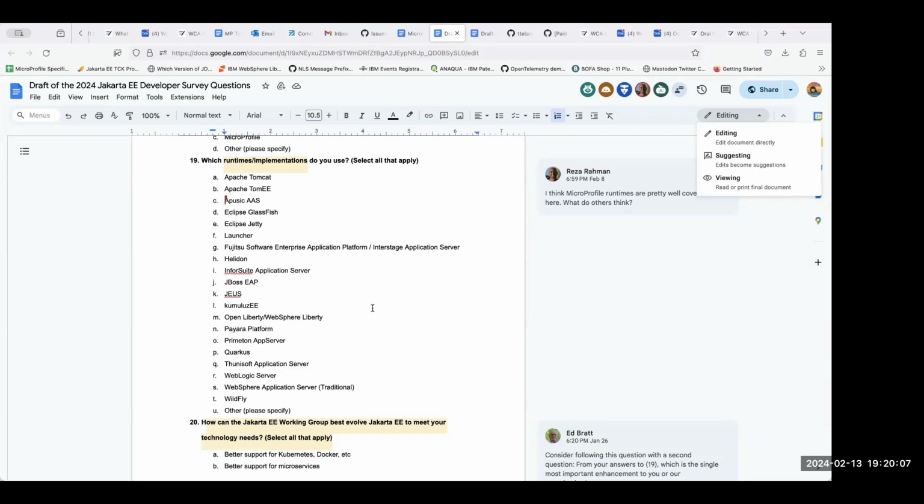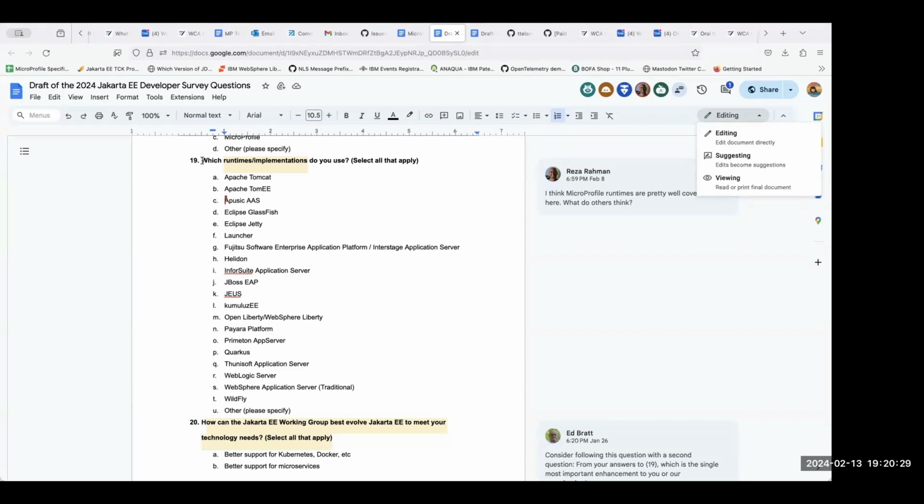I'm not quite sure what you are suggesting. You can participate technology for Jakarta Enterprise Core and full platform.